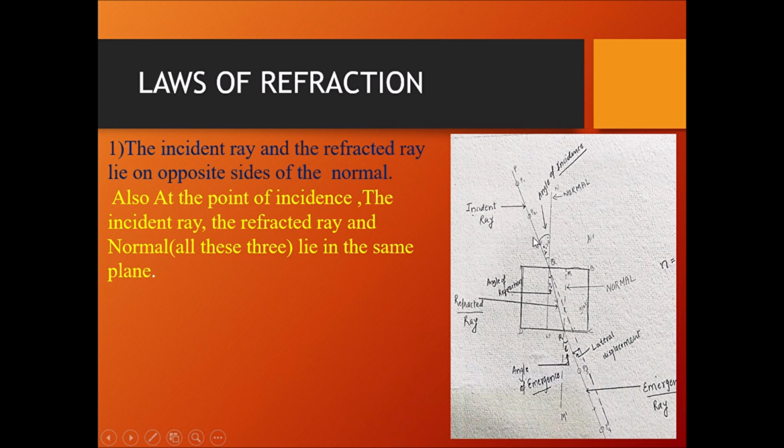Moving on to the second one. Can you see this angle i and this angle r? If I take the sine value of i and the sine value of r and divide them, I get my second law. The second law says that for a given pair of media, any two media which are given to you, here air and glass, suppose this is the angle of incidence and this is the angle of refraction. I take sin i and sin r, and if I divide them, I get a value.